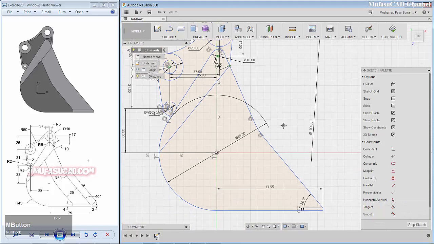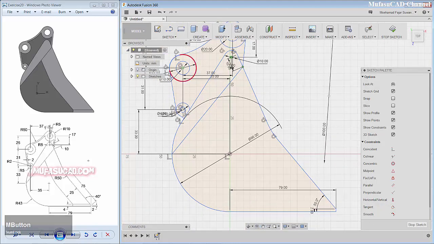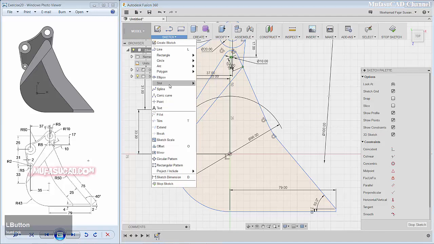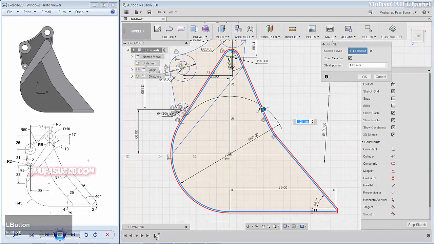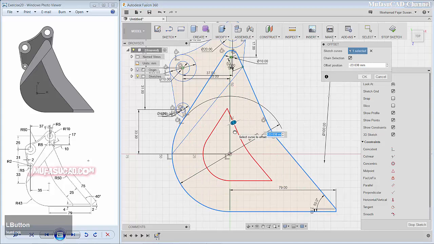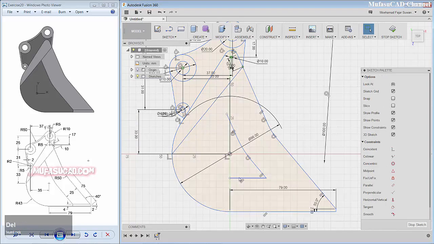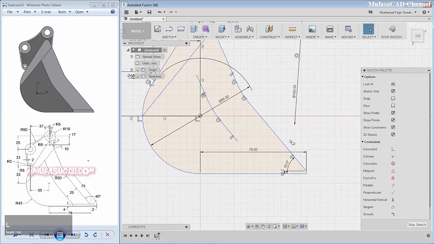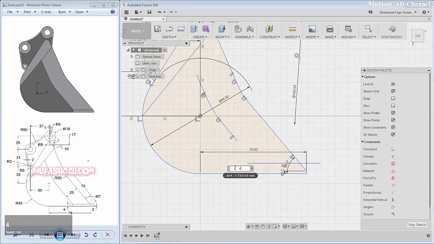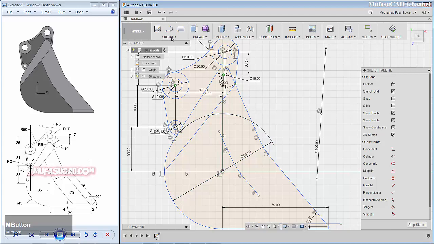Okay, next we use the offset command. You can click here, sketch, and click offset. I will offset this object into this direction -25 and enter. You can select this object and delete. Okay, I will select in here delete, and we create a line from this point to this point. Okay, we give a distance from this point to this line object 4. Next I will use the extend command to extend this object and this object.